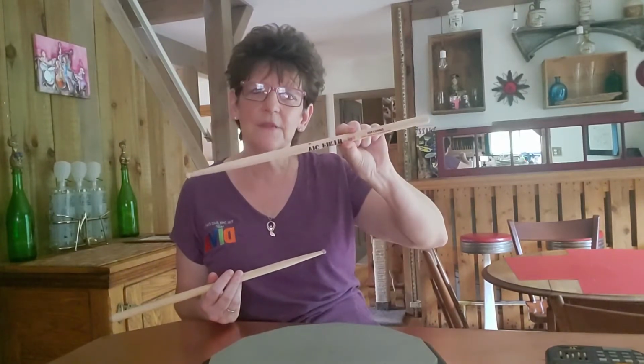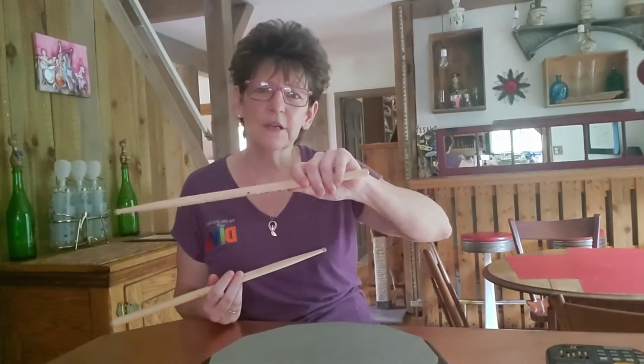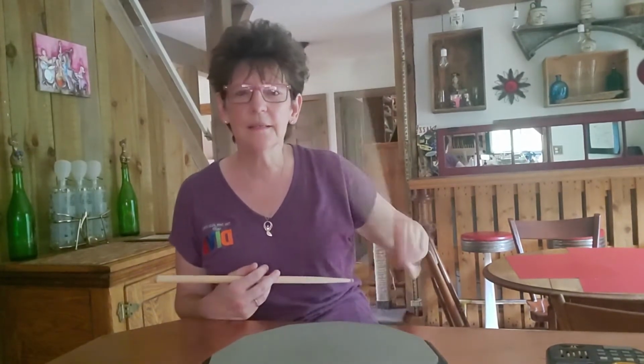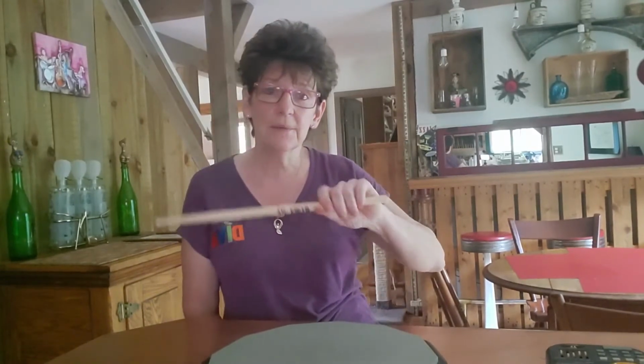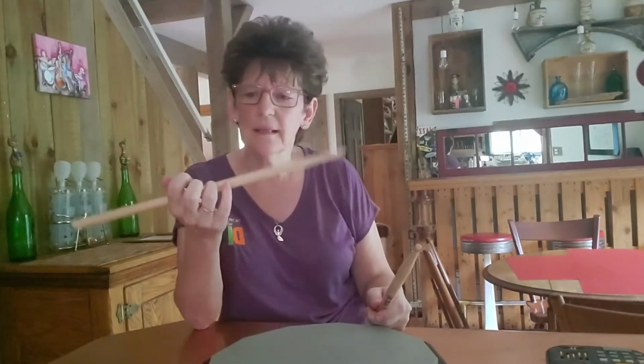And that's just my index finger and my thumb. Now you use the other fingers for support and control. My little finger does not rest on the stick when I use this technique. But anyway, that's finger control. Wrist, fingers, wrist, all loose and relaxed. With traditional grip, finger control in my left hand, I studied a lot of different techniques